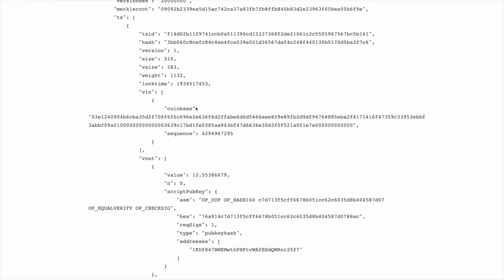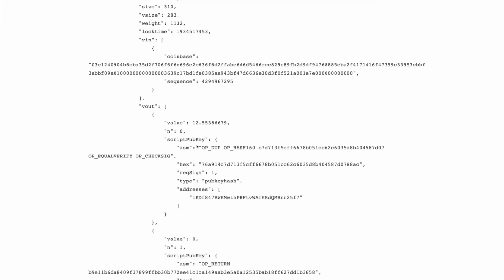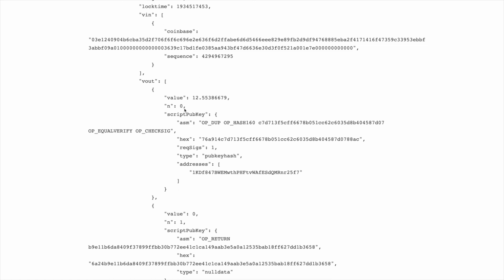So as I mentioned in my first episode, the Coinbase field references the headline in the Times back to 2009. And as you can see, the input is the Coinbase, and the first output index is the coin itself. So it paid to this address, and this is the public key hash,